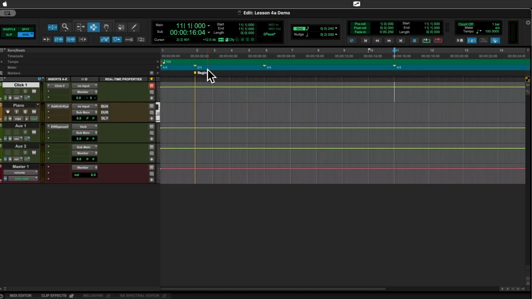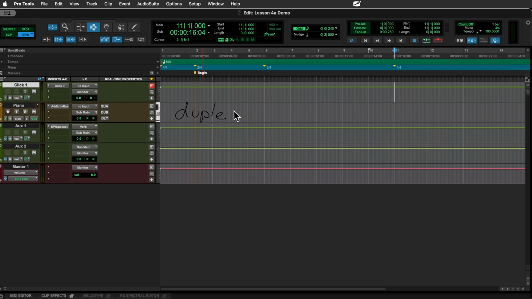Now, if we go over to Pro Tools, I'm going to illustrate one last thing, and that's the idea of what we call duple, triple, and quadruple meters. And this is going to go hand in hand with our idea of simple and compound and asymmetrical meters in the next lesson. If you're not familiar with Pro Tools, you see this bar at the top. It's a little blue bar there, bluish green, and then we see 2/4, 3/4, and 4/4. When we see a 2/4 bar or any division of a 2/4 bar, could be 4/8, which would be kind of a weird one, but 2/4, we're going to call this a duple,